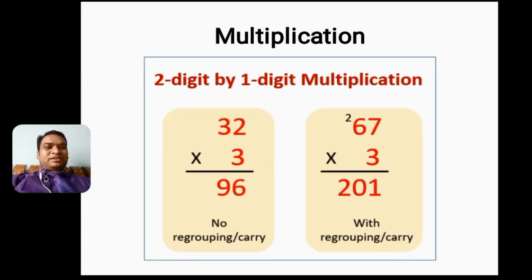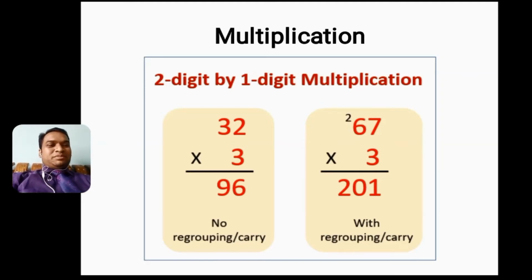There are 2 types of multiplication. One is the simple method, where you don't need to carry any numbers. You just multiply and put the number here. Like 3 2s are 6, you just need to put 6, and 3 3s are 9. This is the simple way we do the multiplication. Another way is where we need to carry